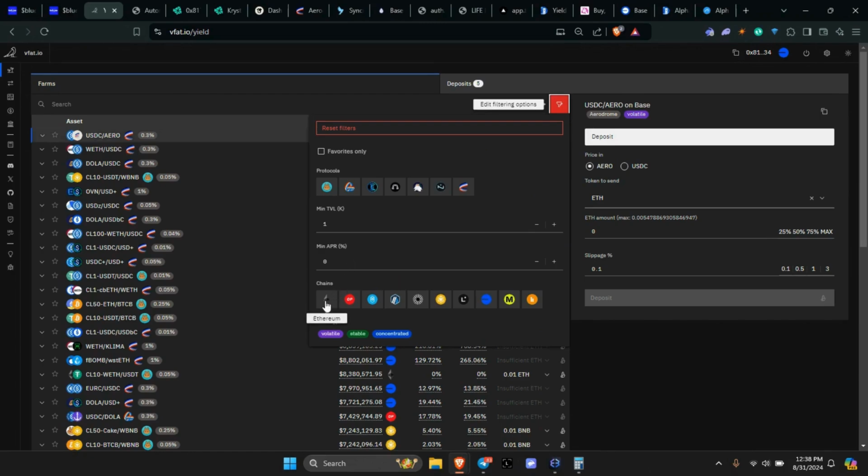So you have ETH, Optimism, Phantom, Arbitrum, Mantle, BNB, Linea, Base, Mode, and Bob Mainnet. As well as these different protocols: PancakeSwap, Velodrome, Equalizer, Ramses, Merchant Moe, Nile, and of course Aerodrome on Base.